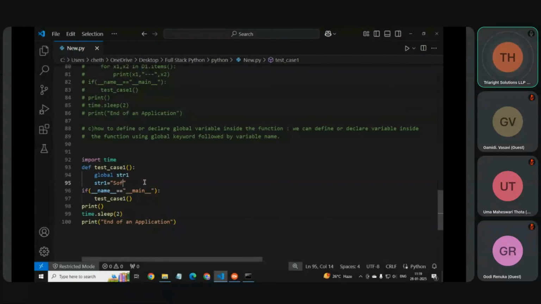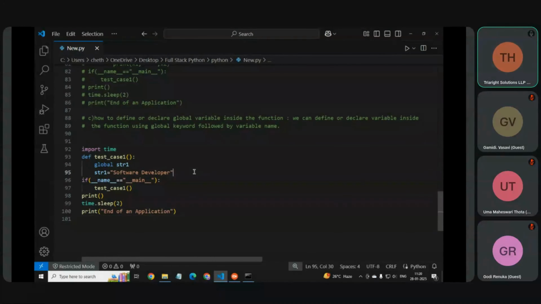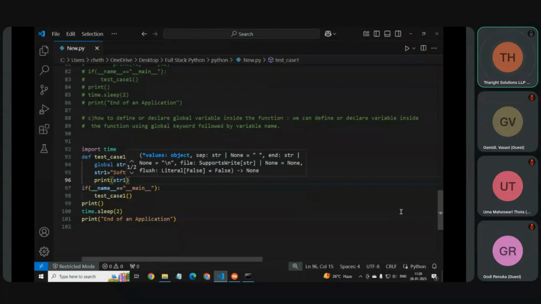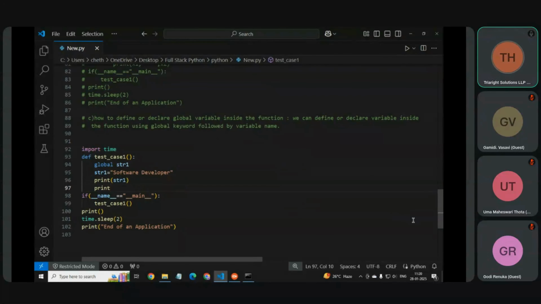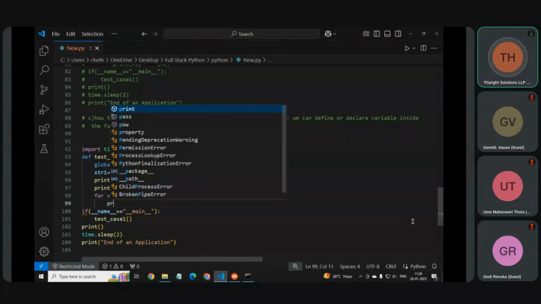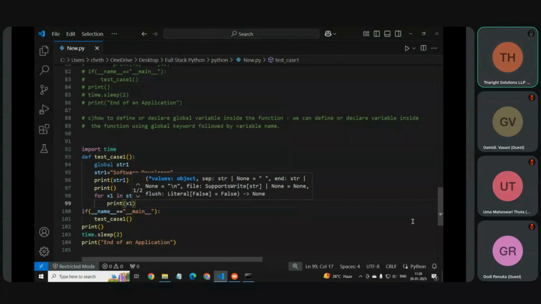like right here, software developer. Okay. Then we print this str1 here and take print also. Then we use for x1 in str1. Okay. Then here we write print x1, like that we have to write. Then after this